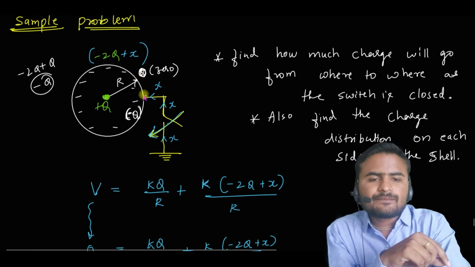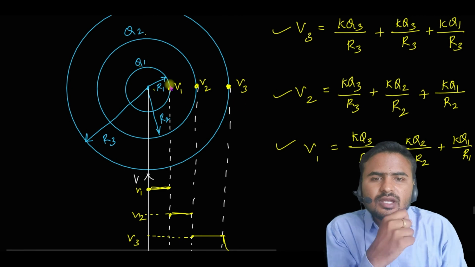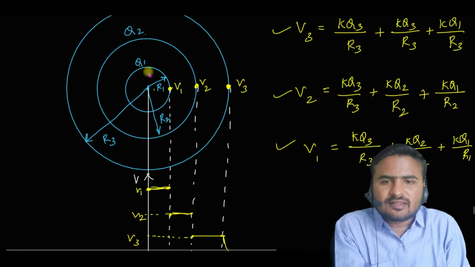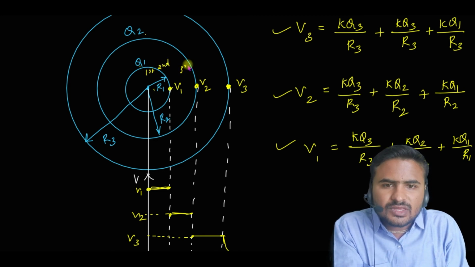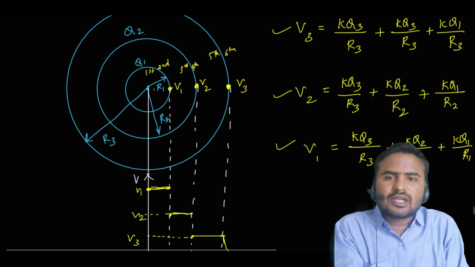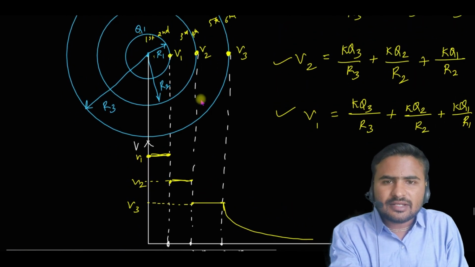All right, now the same topic is applicable here also. Suppose I ask how much is the charge on each surface of these spherical shells. Let us say this is the first surface, second surface, third surface, fourth surface, fifth surface, and sixth surface. On each surface, if you want to know how much charge is present, I may write it like this.